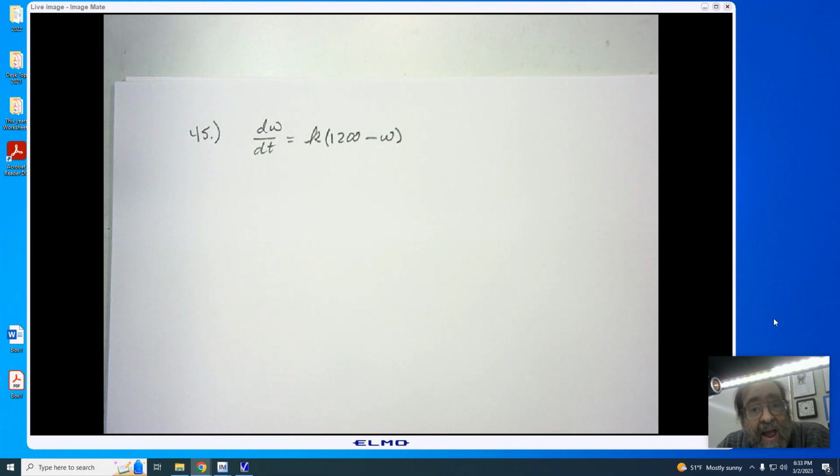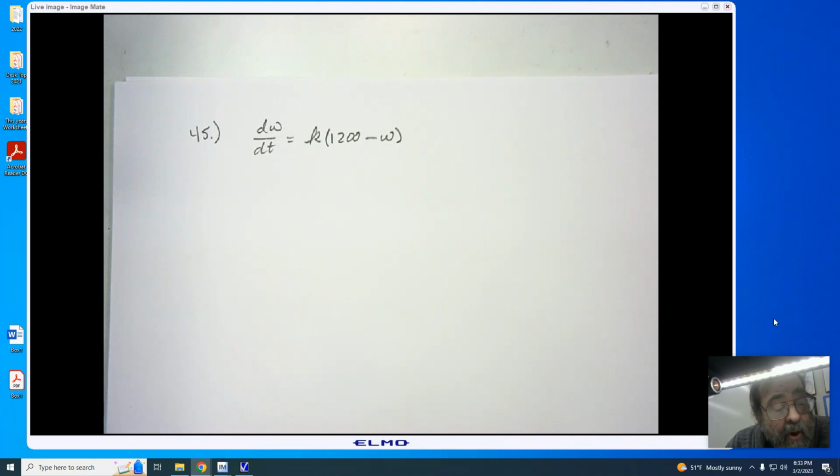Please take note that I have altered the assignment slightly with numbers 35 through 37. I'm asking that you only do the odds now since the book is asking you to do 10 iterations using Euler's method. We're going to go ahead and start with number 45, which is talking about a calf that weighs